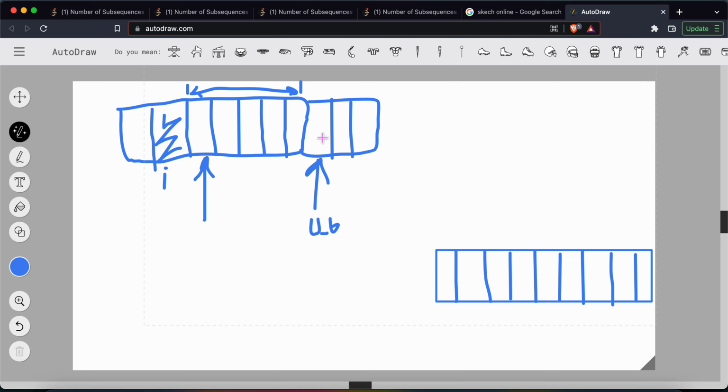And suppose this is our upper bound position, then when we subtract this position, we effectively get this count of elements, right? So if we do plus 1 here, then only we will get this number of elements from here till here. So 1 2 3 4 5 6 elements we will get if we do upper bound minus i